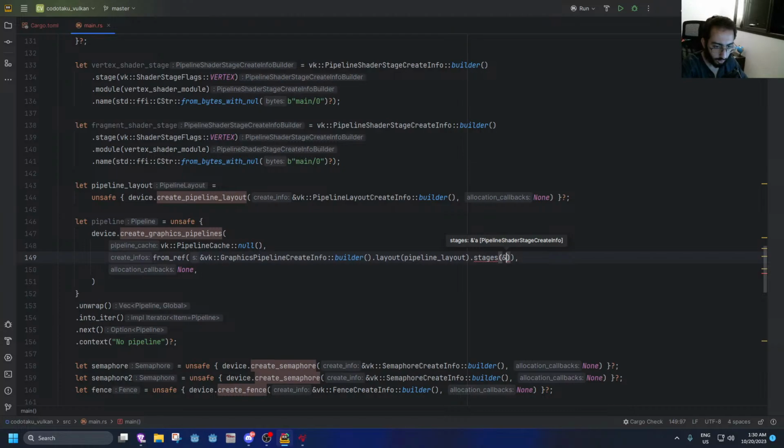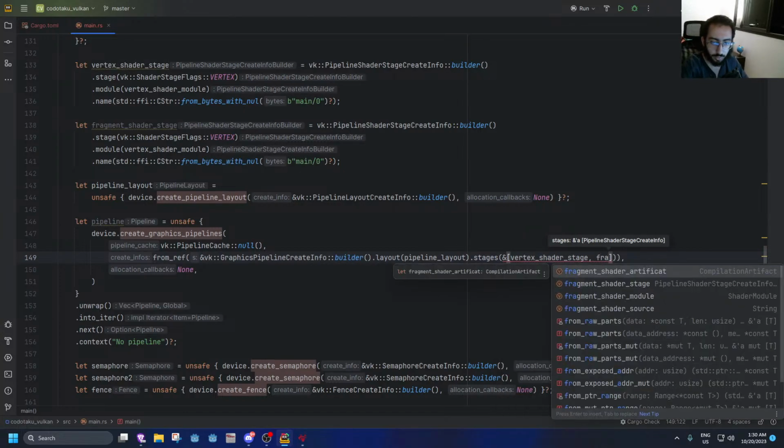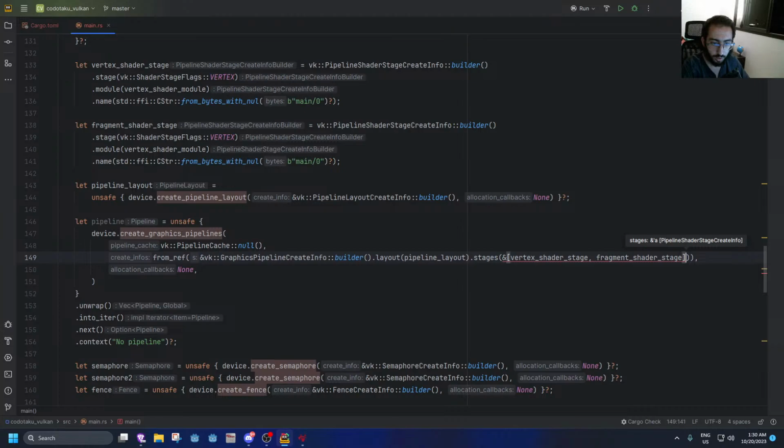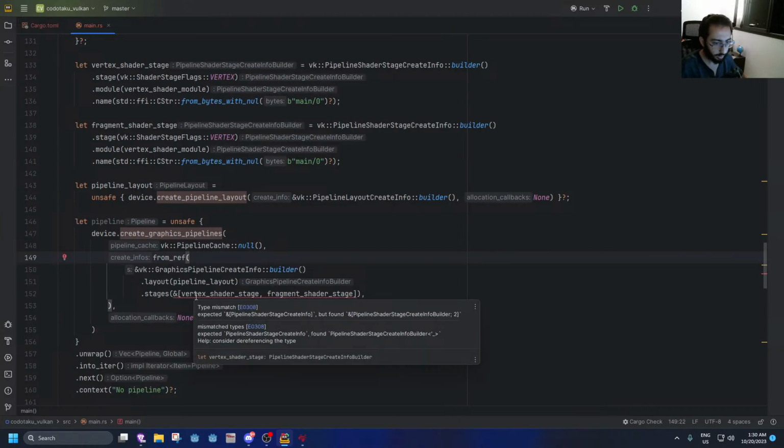There you go. And let's give it the vertex shader stage and the fragment shader stage. Pretty much. And type mismatch expected,